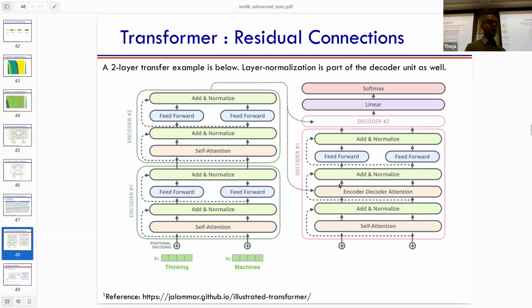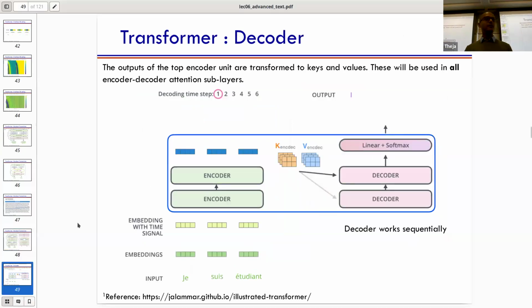Okay, so let's talk about encoder decoder attention. I will not get into too much detail of encoder decoder attention because we already talked about it. But let's see, at least in terms of decoding, how does it work, right? So here's a picture just to get a sense of how the decoder works without getting into too much detail of the decoder's internal workings. The output of the top encoder unit, let's say in this case there are only 2 encoder units, there'll be 3 vectors. Let's call it R1, R2, R3.